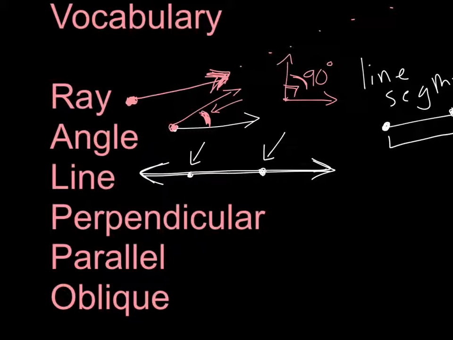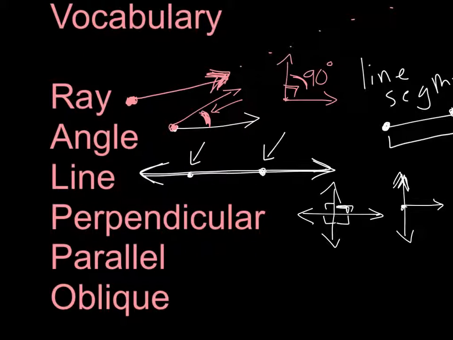Next, we're going to introduce perpendicular lines, and perpendicular lines are lines that meet and form a 90-degree angle. It must be exactly 90 degrees. So this would be a right angle. All of these would be exactly right angles. Those are perpendicular lines. We can also have perpendicular lines and line segments. So if I had an endpoint in the middle there, and we formed a right angle like that, this would be a perpendicular line and ray, because we have 1 line and 1 ray. So the important characteristic there is that the line segments or rays meet to form exactly 90 degrees,